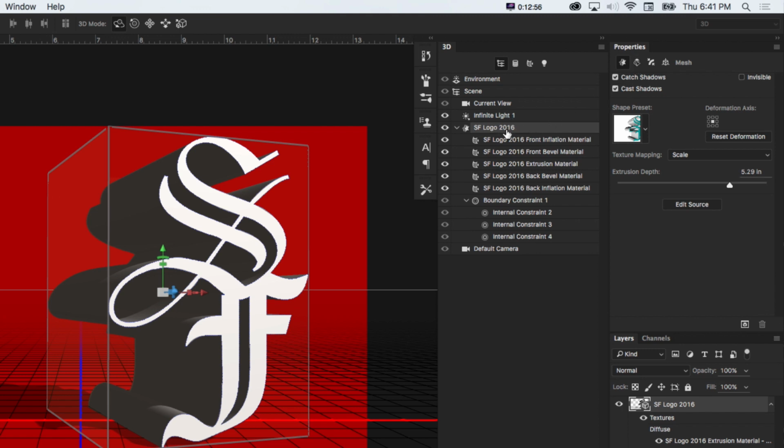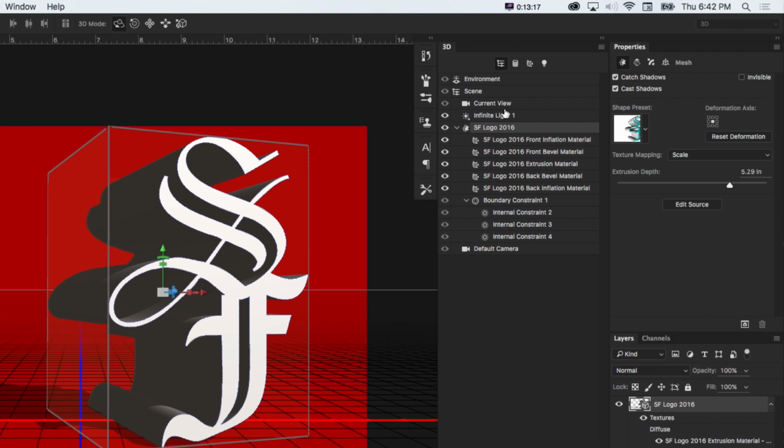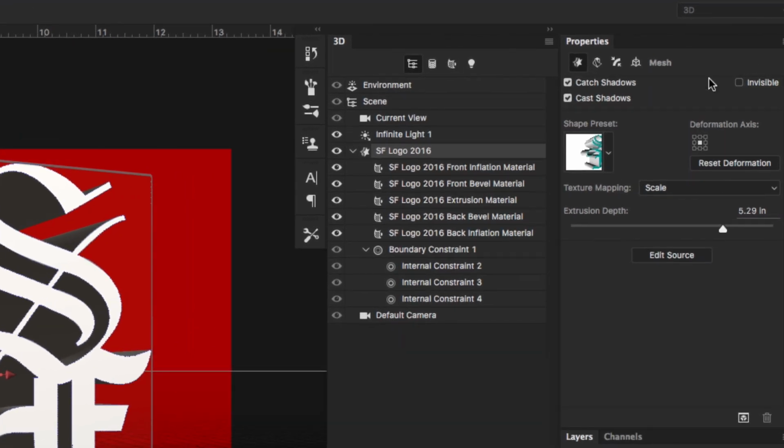If we just wanted to get off the ground and do something like grab this and take a look at properties, for each one of these there are different properties of how it's dealing with each part of the geometry, what materials it's creating, and how it's working. If we look at any of these, we can see they all have different properties, and for the whole thing there are these extra tiny little icons.